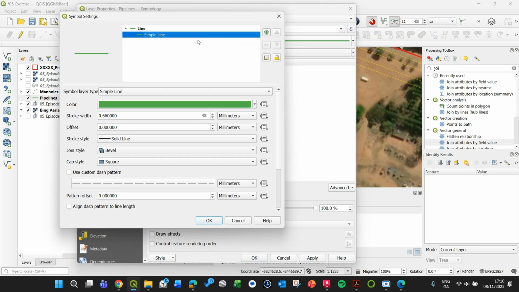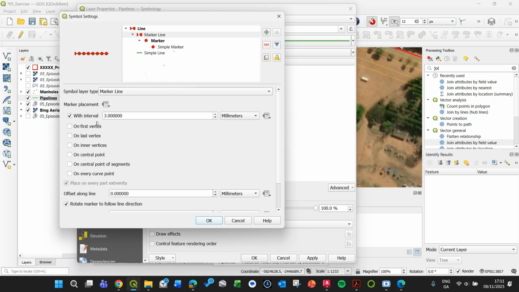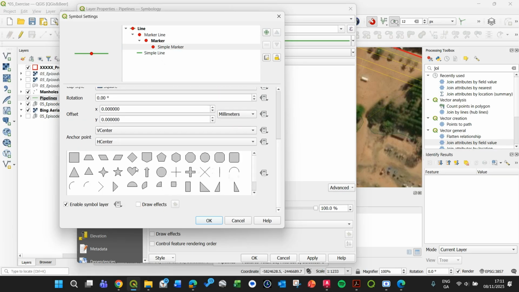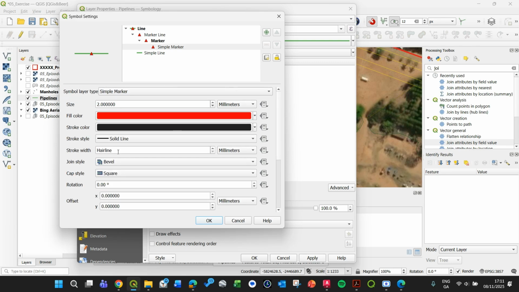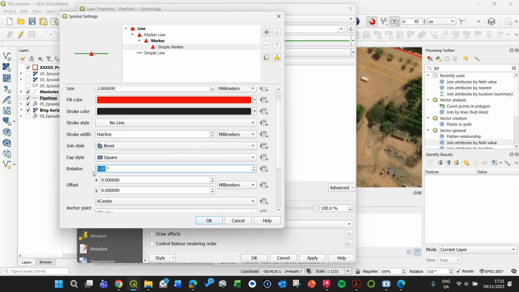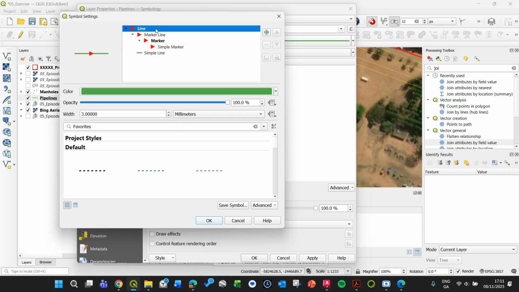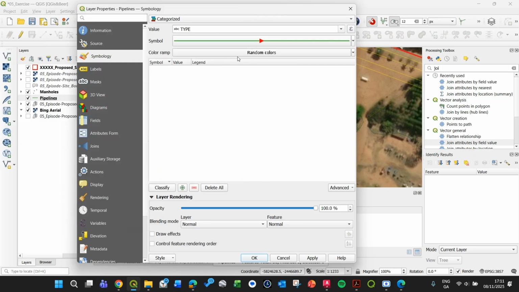But for the symbol, I want to add one level of symbol here, a marker just on the central point of the segment, and set this triangle here, and I will rotate, say size 3, no outline, but I will rotate it 90 degrees. Why is that? To indicate the direction of the flow. Okay, this will be our